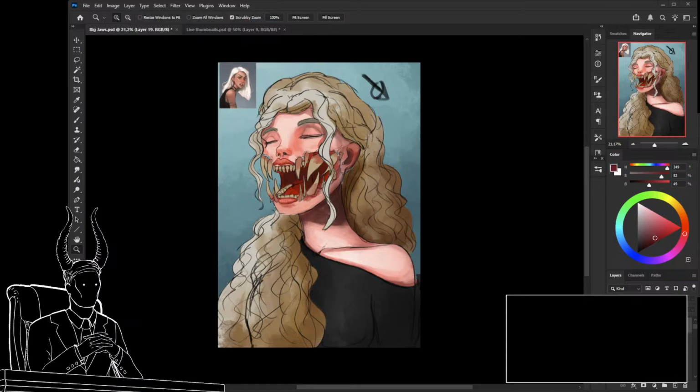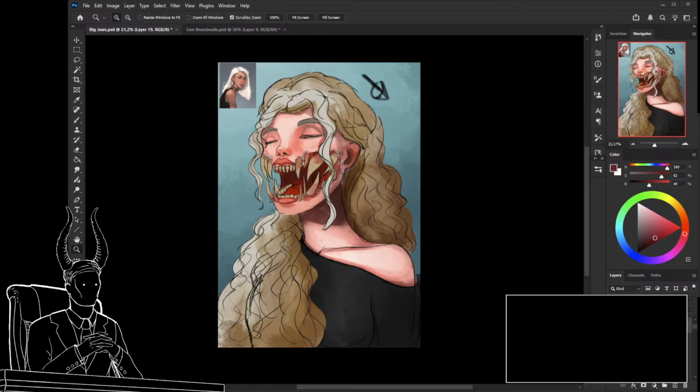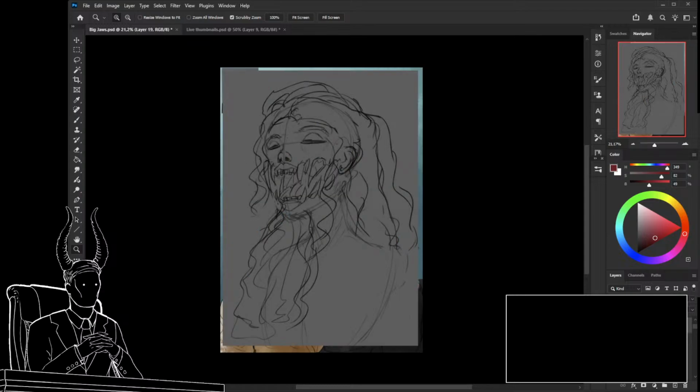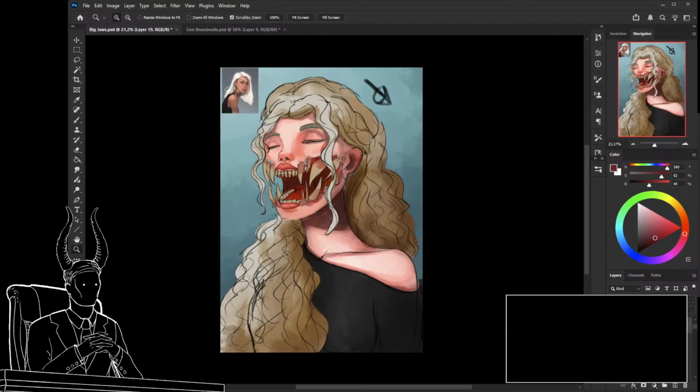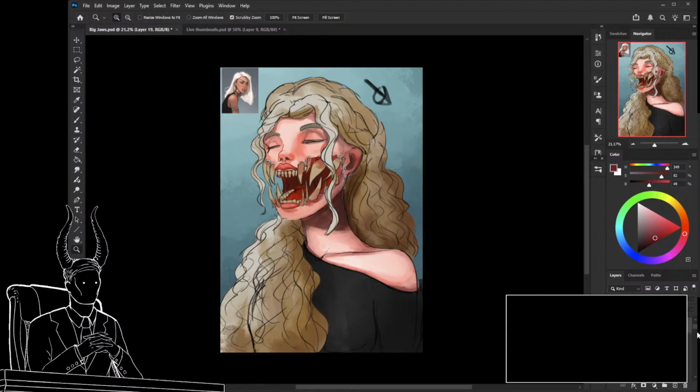There we go. Okay, so let's address the first big problem. If you notice, the proportions and the way the mouth is placed, or the jaw rather, some position of the eyes, it's a bit weird and inconsistent. So what I think I'll try to do is to try and change that. In order to do that,